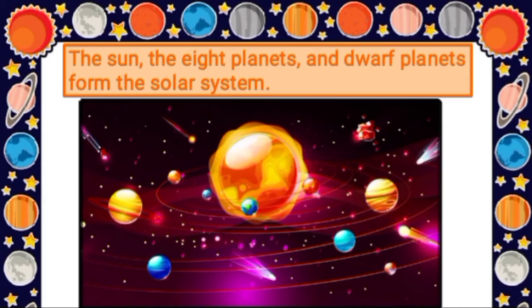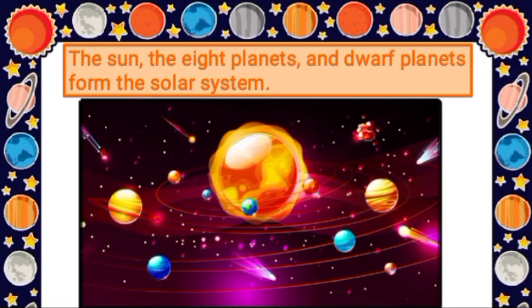However, even with all these things, most of the solar system is empty space. And this solar system itself is only a small part of a huge system of stars and other objects, which is called the Milky Way galaxy. And even this solar system orbits around the center of the galaxy, which is just one of billions of galaxies that in turn make up the universe.